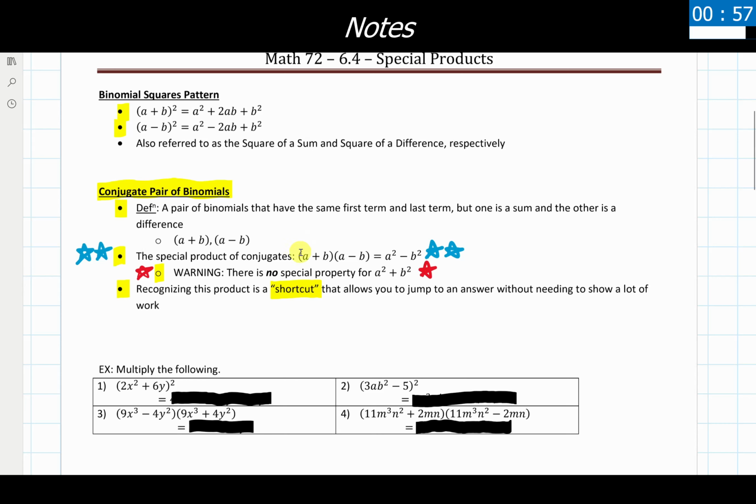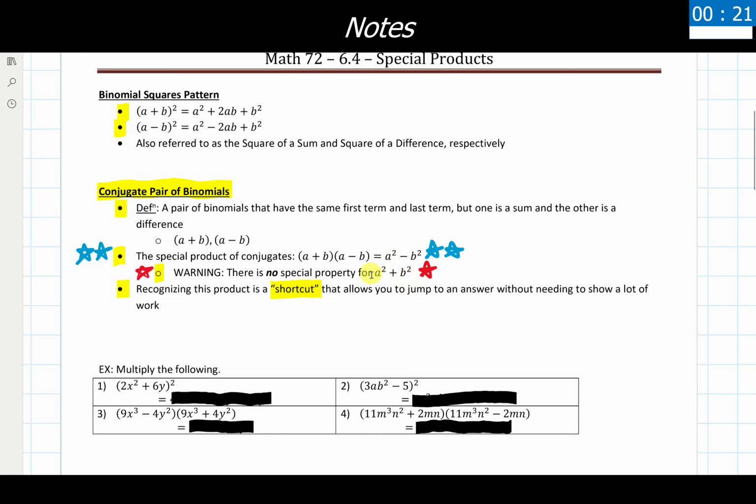Now, I will give a warning that there is absolutely no special property in any way, shape, and form for multiplying out and resulting in, or factoring, a squared plus b squared at all. There is absolutely nothing that exists. Maybe there's a greatest common factor that shows up once or twice in a problem. Again, that's for factoring in the Math 97 Chapter 7 material. But there is no inherent and automatic special property that gives us this as a particular product every single time.